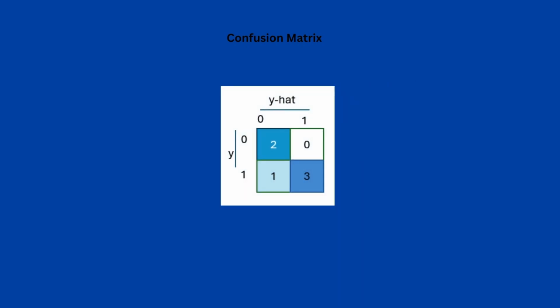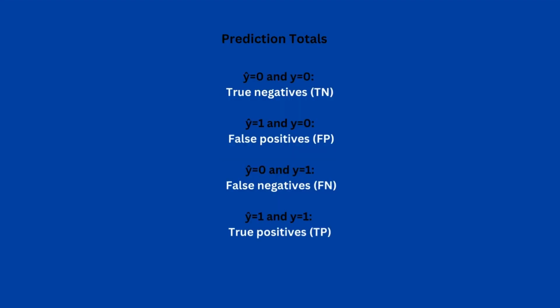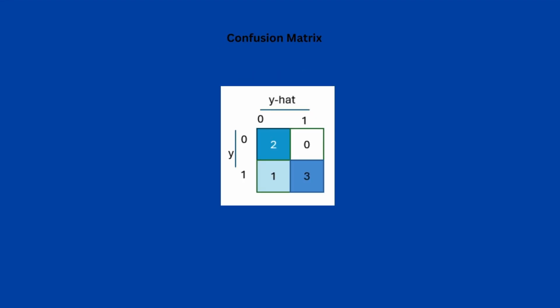So, the first step is to create a matrix of number of correct and incorrect predictions for each class label. Here we can see the confusion matrix which provides the prediction total for various y and y hat values. The diagonal line represents the correct predictions and the color intensity is used to indicate the number of predictions in